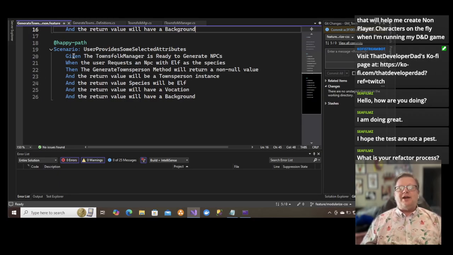So I've just created a test that generates an elf who's got some career and has some random background. But what if I want to create a dwarf, or test the end user passing in a vocation or a background or all of those things? I don't want to have to create a scenario for every one of those permutations. So what I'm going to do